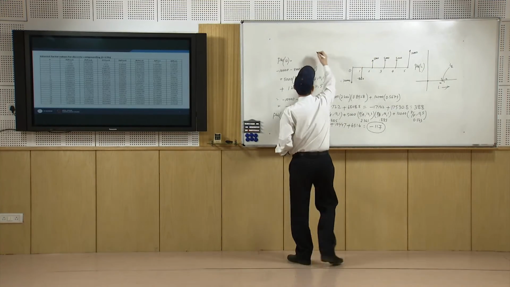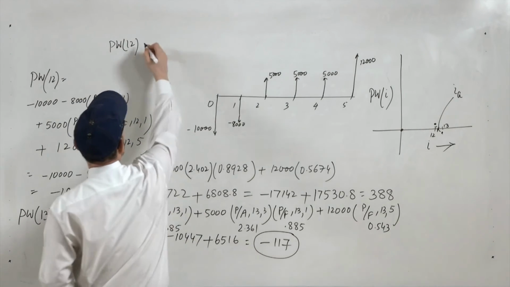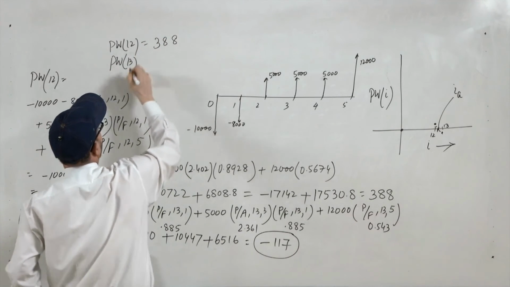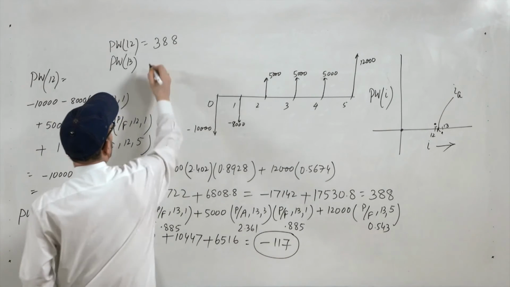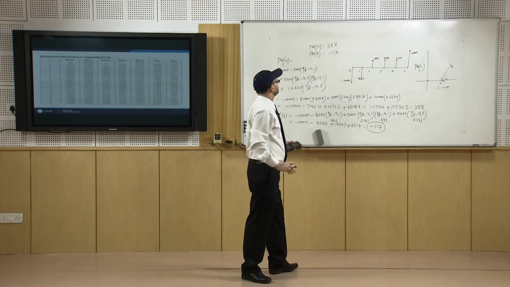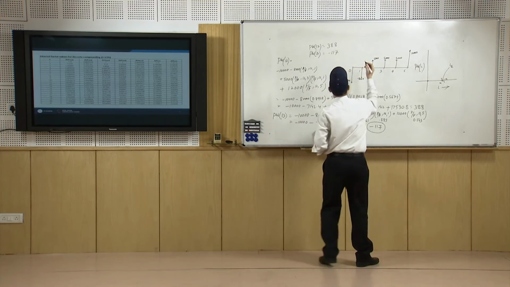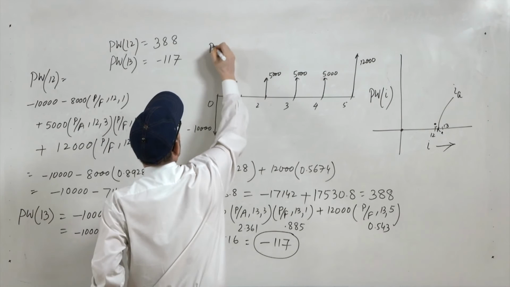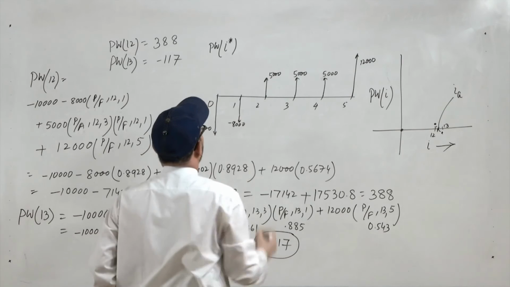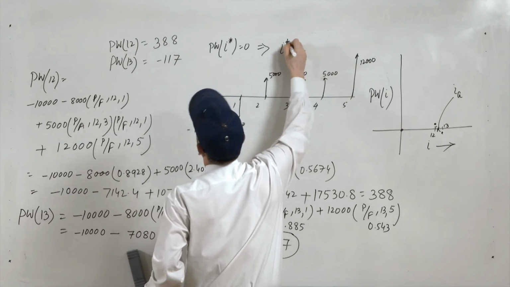What we see is PW12 is coming as 388 and PW13 is coming as minus 117. So, the interest at which it will be 0, PW I star where it is 0, will be I star equal to